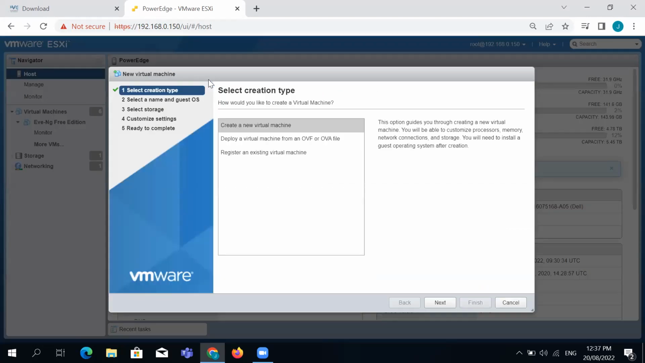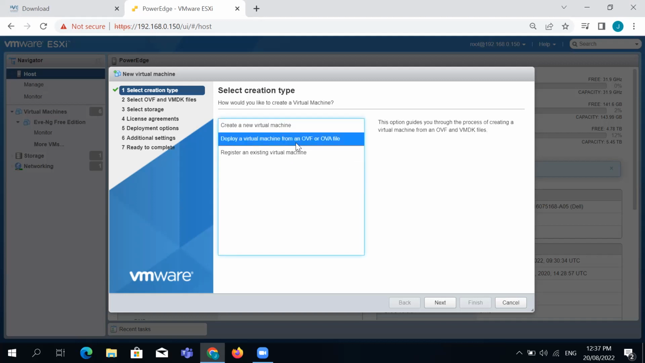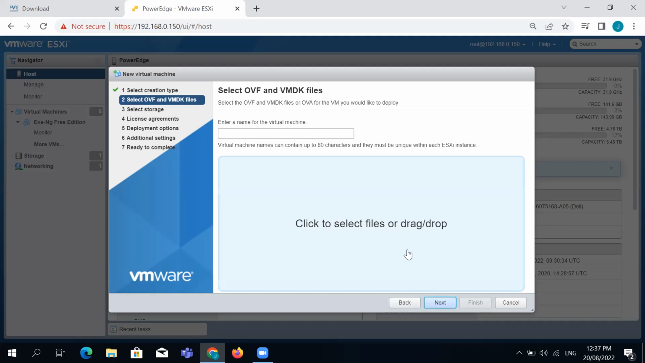I'll click here, create a VM. From here, I will select either the new virtual machine, deploy a virtual machine from OVF, which we are going to select today, or register an existing virtual machine. I'll make it next. I'll give it a user-friendly name, EVNG